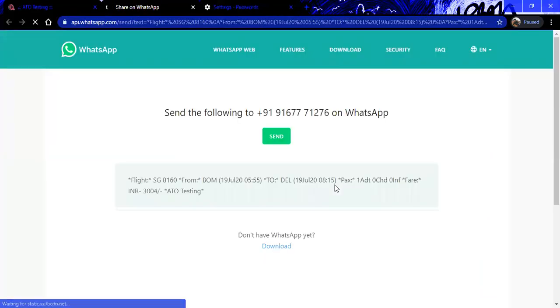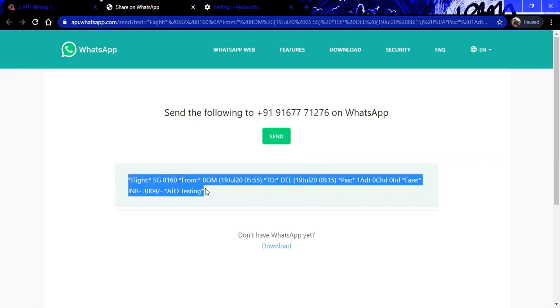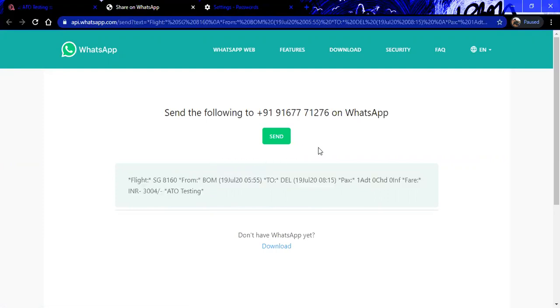Whatever detail you have selected can be sent through WhatsApp to your client, moving to a page where WhatsApp is open. The detail you wish to send is there in front of you. All these details will be sent to your client. It will ask for your permission, and you just have to say send over here.